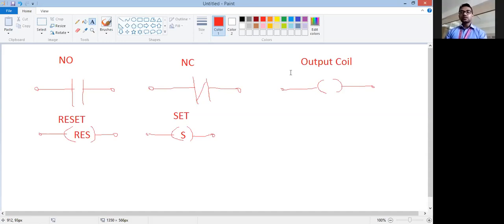Retentive means when the timer is on, it is counting time. Suppose you have to produce a 1 minute delay before turning on some light. You have started the timer. It has calculated 10 seconds out of 60 seconds, and suddenly power cuts off. So actually 50 seconds was remaining. When power is recovered, it will start from the 11th second. Whatever previous seconds it has calculated, that value remains as it is. So that is your retentive timer. The value is retained.